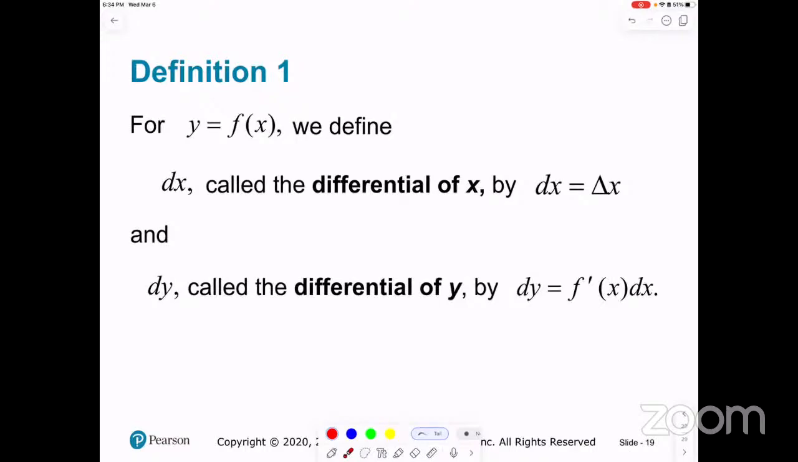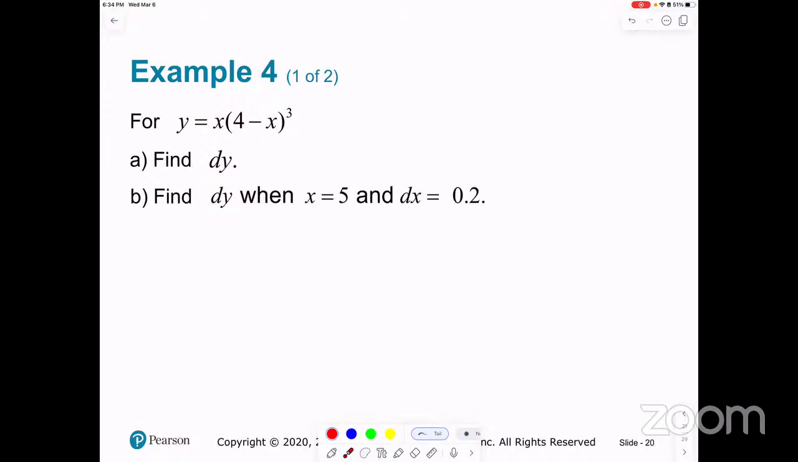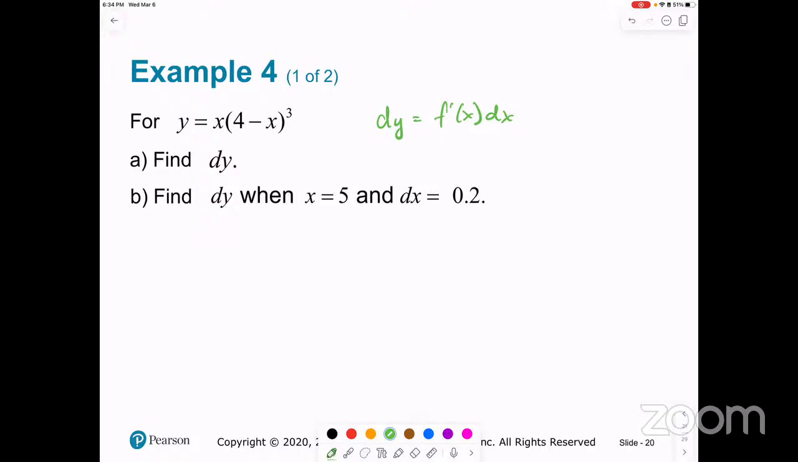Okay. So for this function, find dy, and then find dy when this is our x and this is our dx. Okay. So on the previous slide, we just said that our differential of y is going to be f prime of x dx. So we're going to do that. Okay. So then for part A,